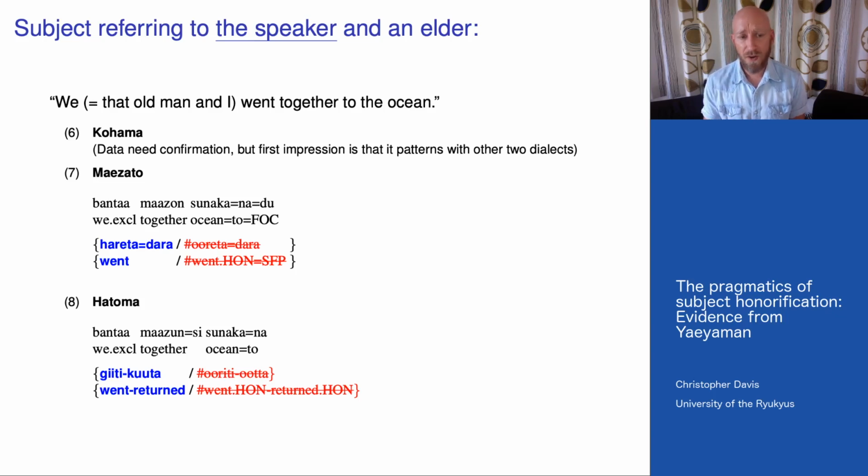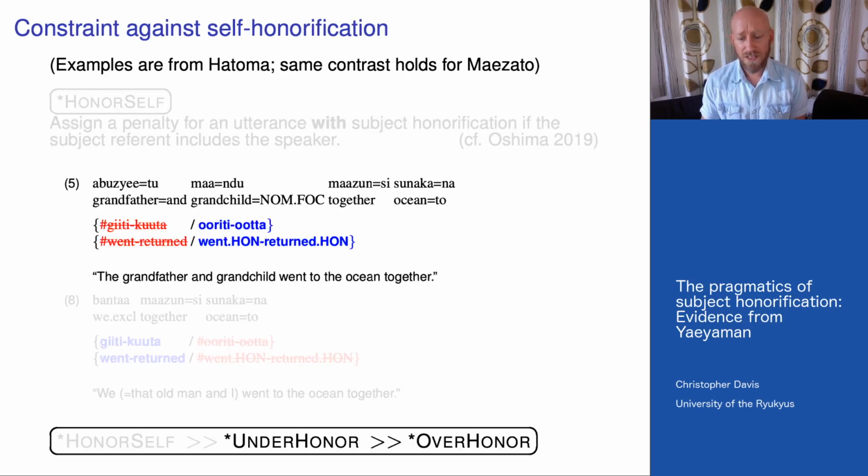What you can see now is that in both Maezato and Hatoma, the use of the honorific is infelicitous, and consultants report that the infelicity here is due to the fact that the sentence would end up honoring the speaker. So this sets up a contrast with our earlier example, which you'll recall had a subject referring to a third-person elder and child, and in, for example, Maezato, that combination triggers the use of the honorific verb form, which we